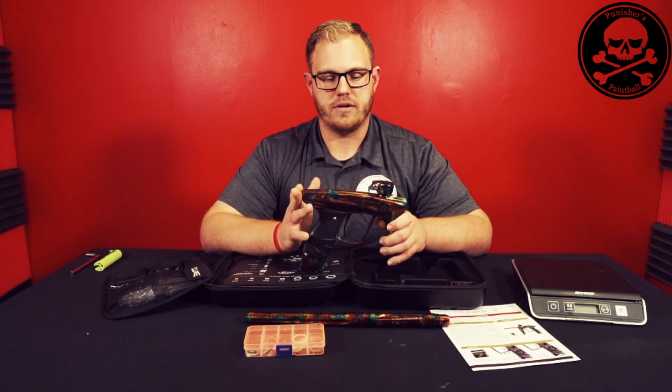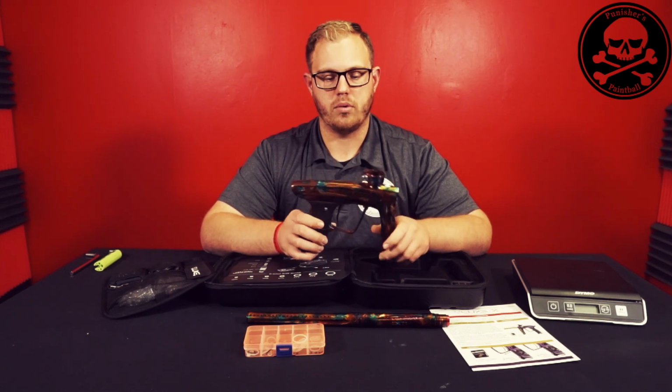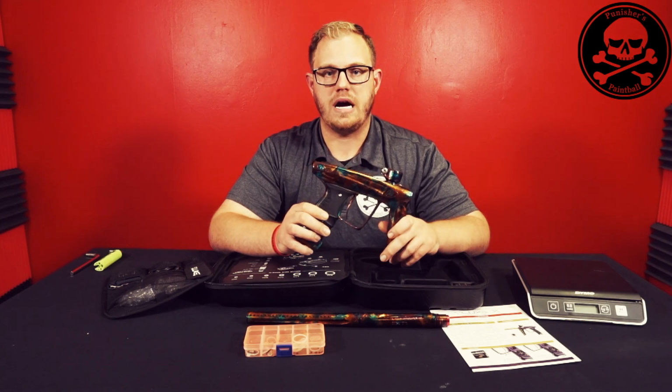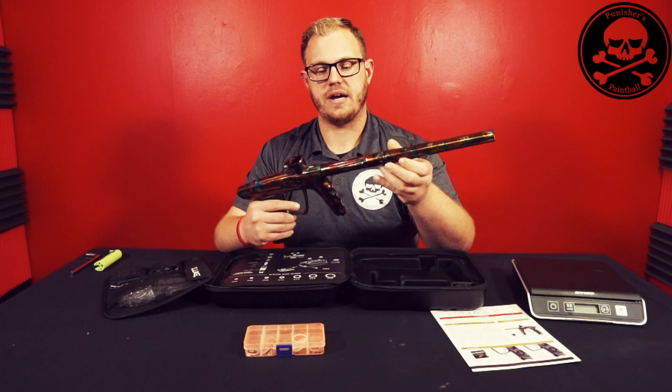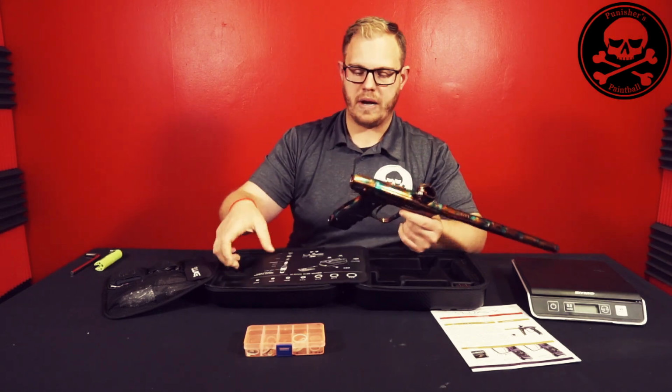The main one being the trigger frame disassembly, but there was also some other things that we'll tap into when it comes to the board and everything else like that. So first things first, the first thing that we like to do on these reviews is we are going to actually weigh the Luxe X and put it in comparison to what the Luxe weighs compared to